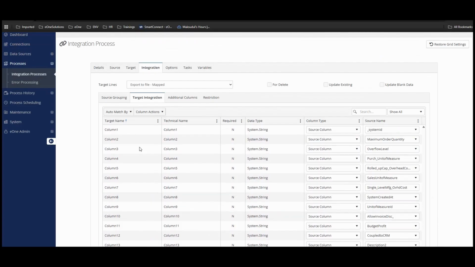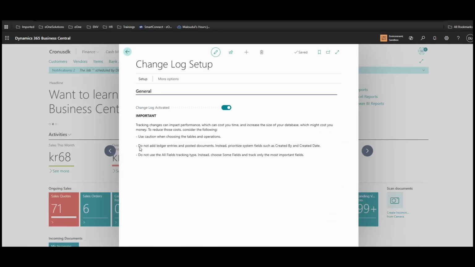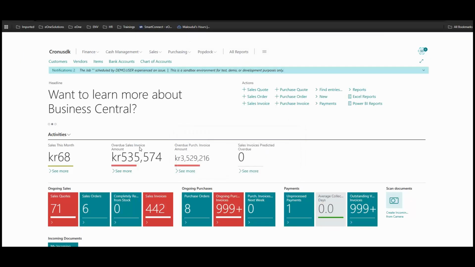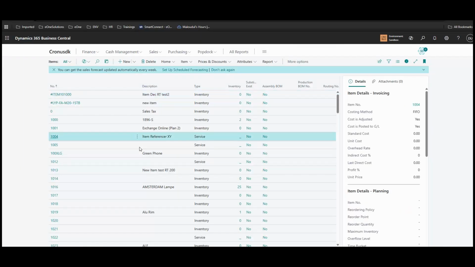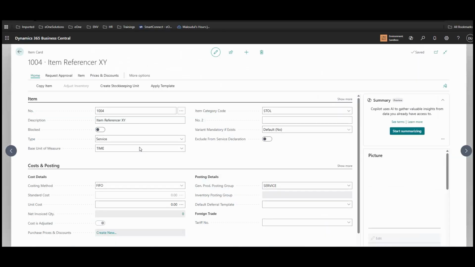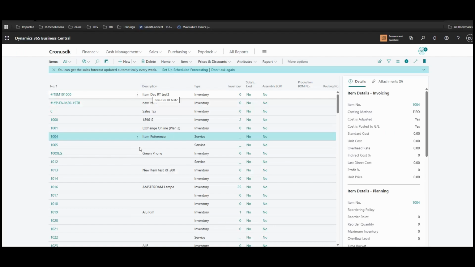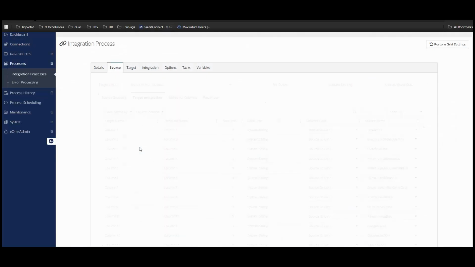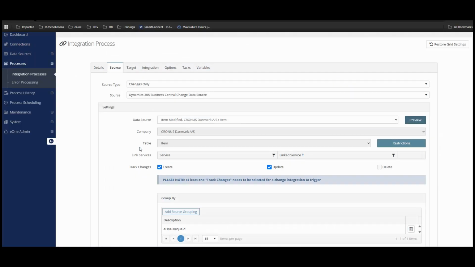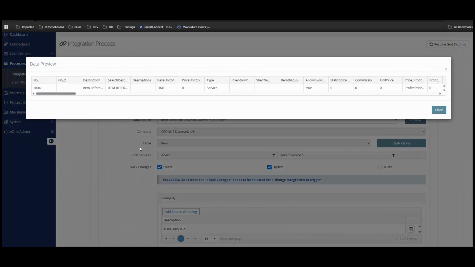To test this out, we go to Business Central and go to the item page. For the test, I'm just going to edit this particular item and modify the description. Going back, this modification of the item description should log in SmartConnect. Let's head over to the SmartConnect data source. Here in the data source, we can click on preview and we can see